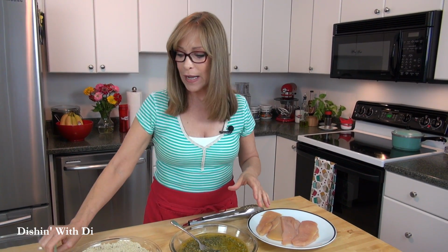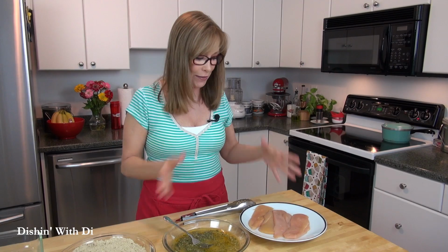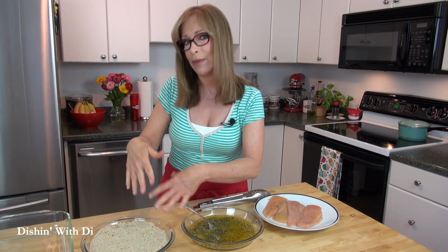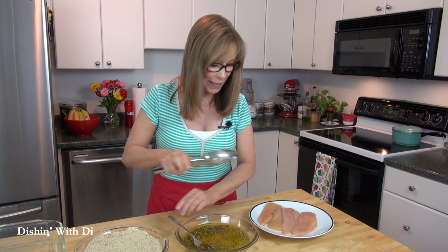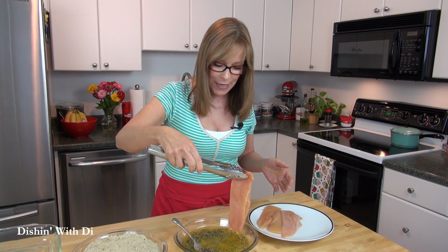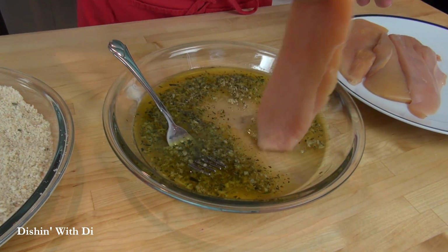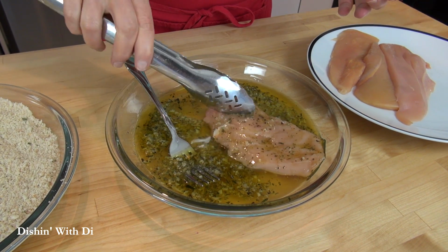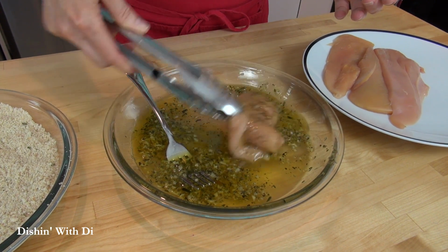So now I have a 13x9 baking dish here, and I have a little assembly line going. So I have my chicken, I have the oil mixture, and then I have my breadcrumbs and cheese mixture that's been combined. So I'm going to take a piece of the chicken and dip it into the oil and get it really well coated. You see that? It gets all over there, and this oil smells incredible. So just really get a lot of that